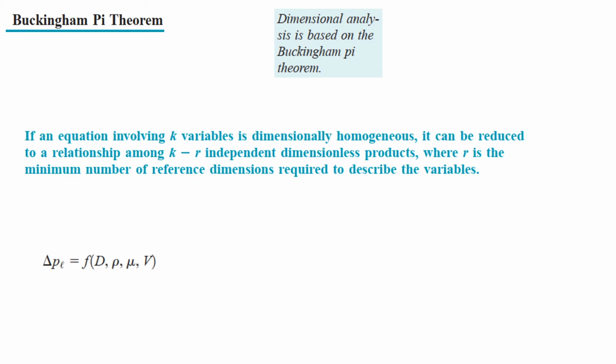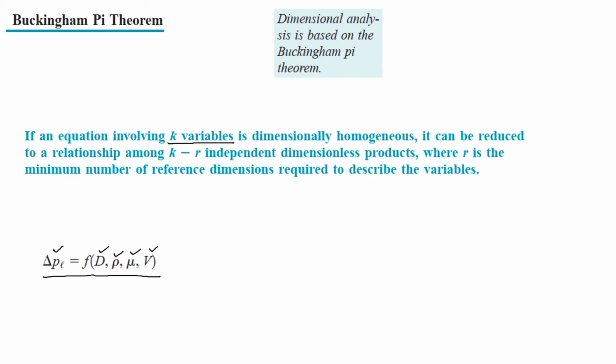Let's say this was our equation that we wrote for our pressure change per unit length in the pipe, and we saw that the pressure drop per unit length was a function of diameter of the pipe, density of the fluid, viscosity of the fluid and velocity of the fluid, then the k variables are these variables,